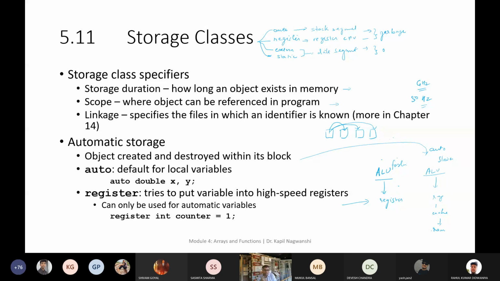Now the reverse is the case. Gigahertz is the frequency. So whenever you are thinking about that particular variable and just write the variable name, it will automatically fetch this value in microseconds or nanoseconds. So within a nanosecond it will fetch the value if the frequency is gigahertz. Yes or no?